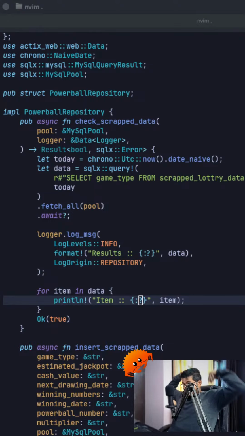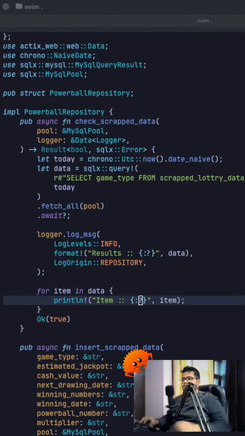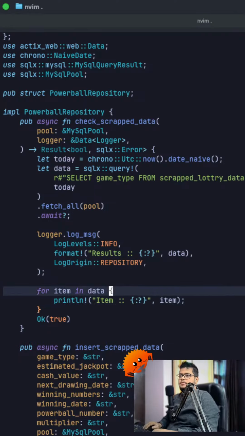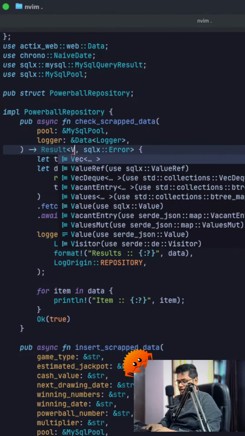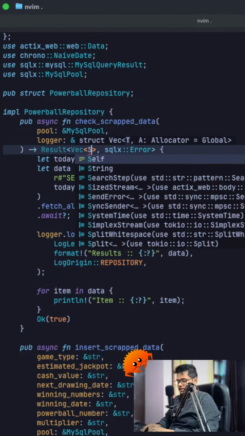If the length is 1, then I'll have to check this thing. So maybe I can return a vector of string from here,